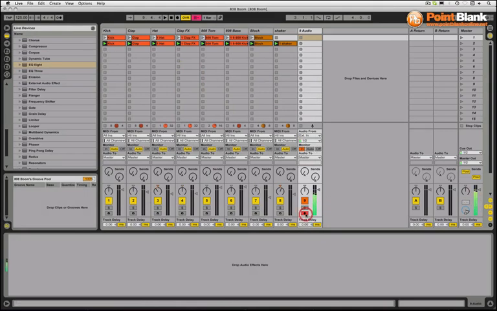We need to push record enable on the track. And then what I'm going to do is I'm just going to record into a clip, and I'm going to say the word deep house, and I'm going to say it 4 times. So here we go. Deep house, deep house,